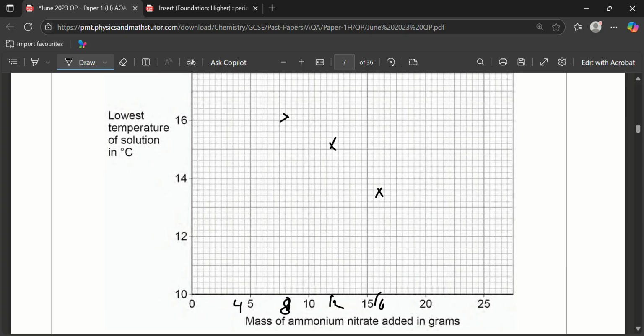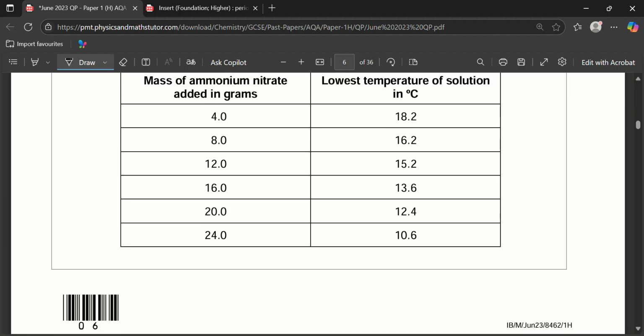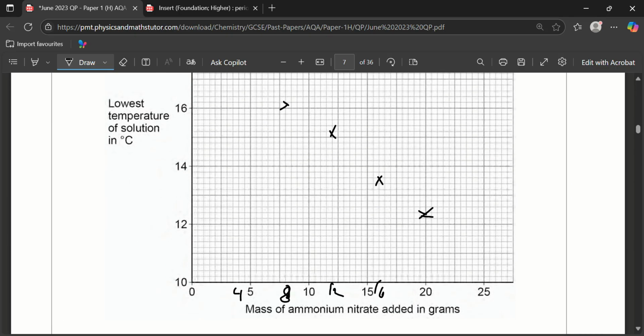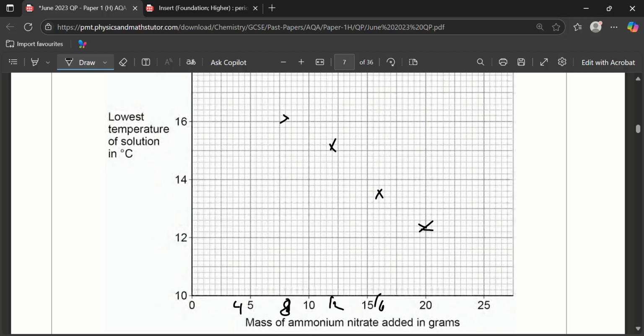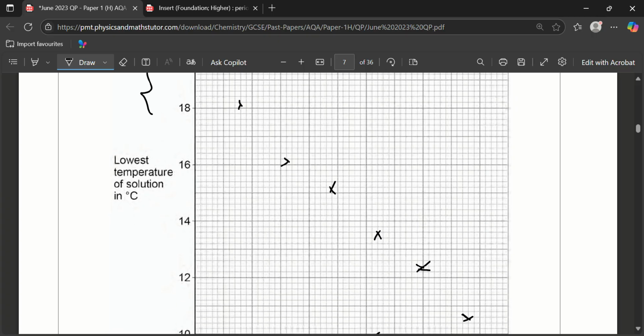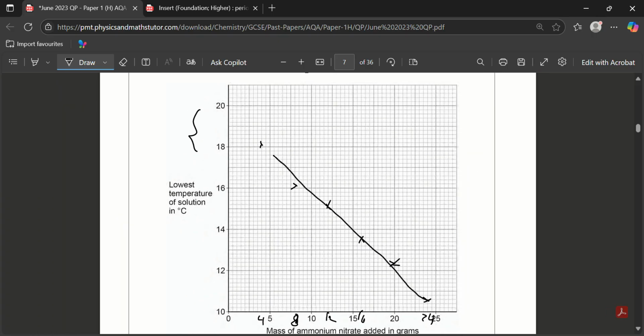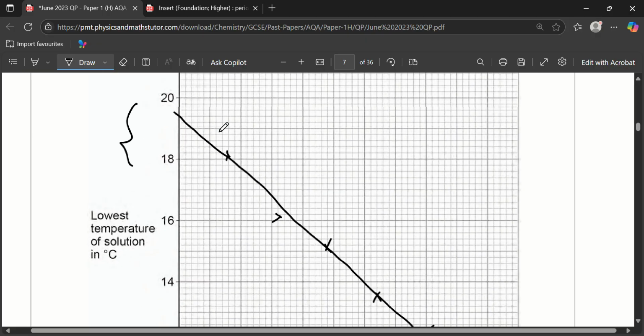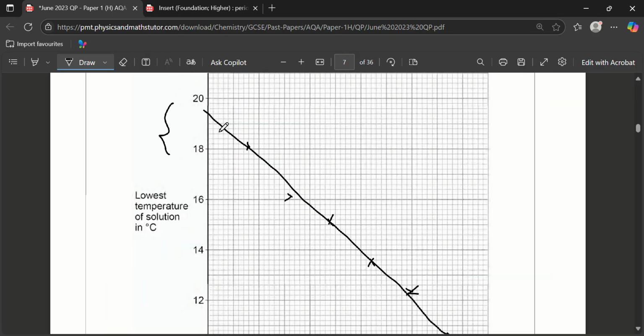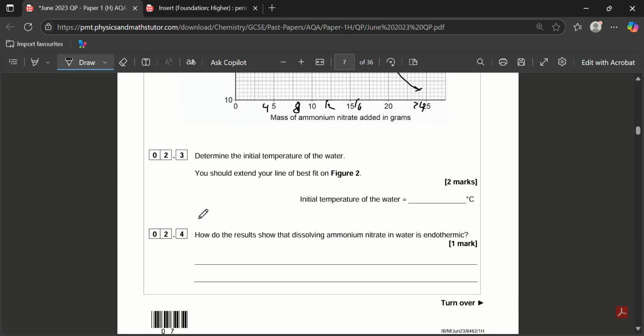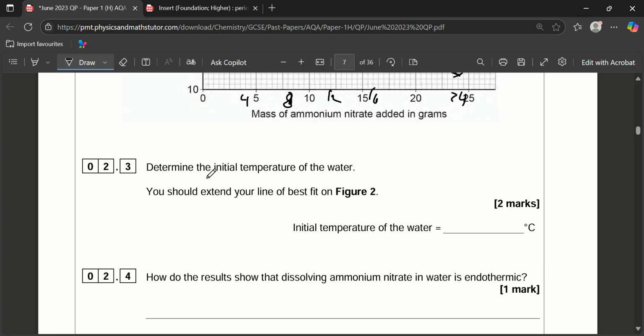We have 20, 12.4, 24, 10.6. So 20, 12.4 can be right there. And 24, 10.6 is going to be right here. 10.6, so it's going to be there, roughly. Drawing a line of best fit. You know what, we'll take that. And the line of best fit seems to reach this y-axis up here, which is crucial for the next question,